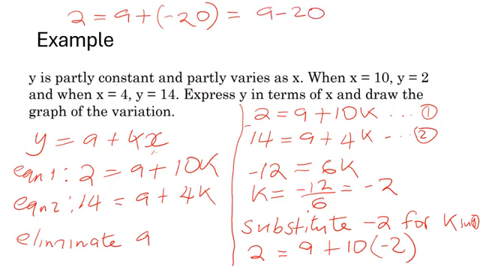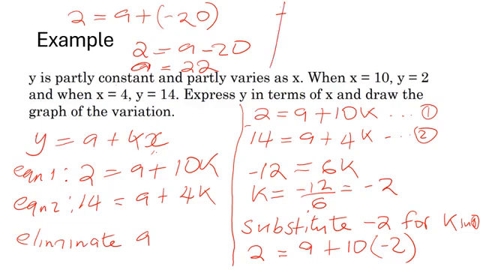Okay, so 2 is equal to a minus 20. Make a the subject of the formula: a is equal to 22. If 20 goes to the other side, it becomes positive, so 2 plus 20, that's 22. Okay, so reaching this far,